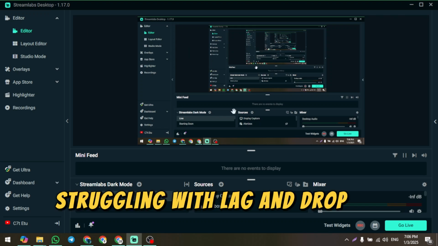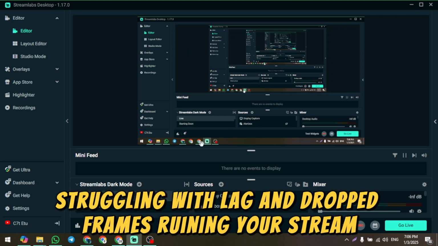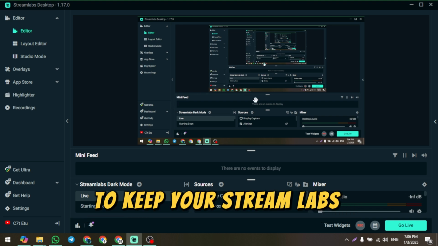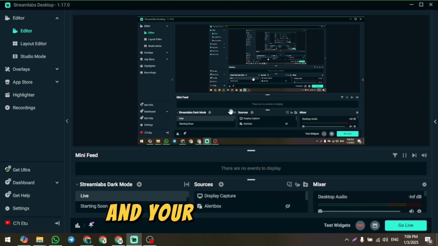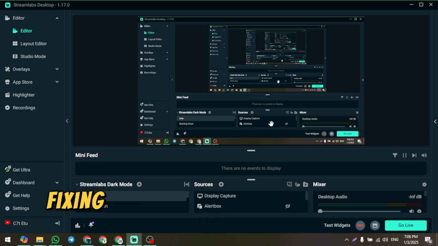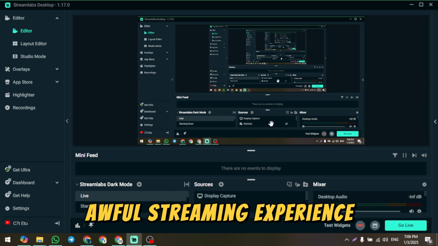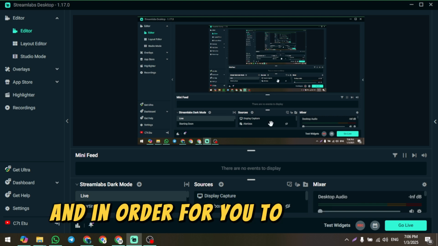Struggling with lag and dropped frames, ruining your stream? Here is the ultimate 2025 fix to keep your Streamlabs performance smooth and your viewers happy. Fixing lag and dropped frames may result in an awful streaming experience, and in order for you to avoid that,